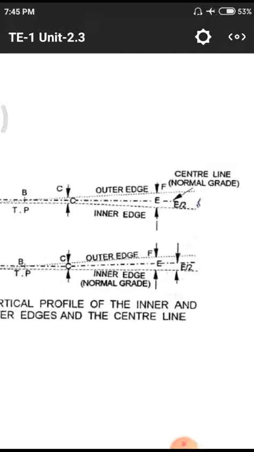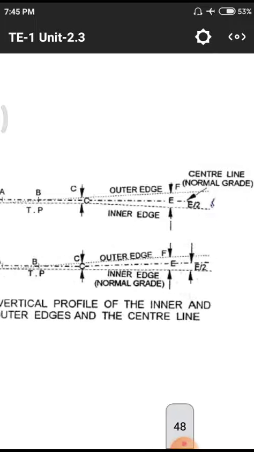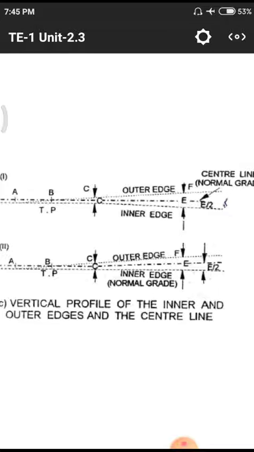In the top line we have the central normal line, denoted as the central line with normal grade. But in the second line we do not show the central line. We have it, but they didn't indicate it. Why? Because in the primary process we use the central line as the base point to rotate the road, but in the secondary condition we use the inner edge. With respect to the inner edge they raise the pavement surface.